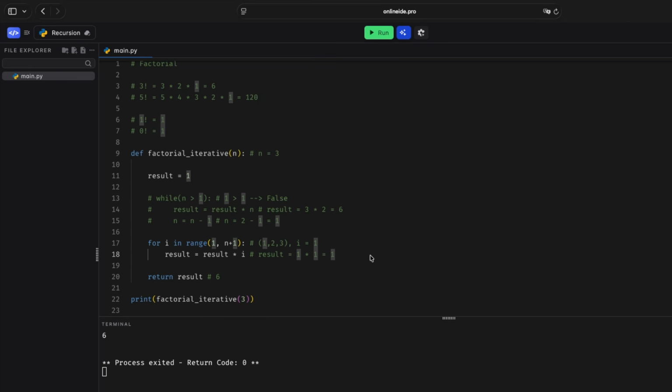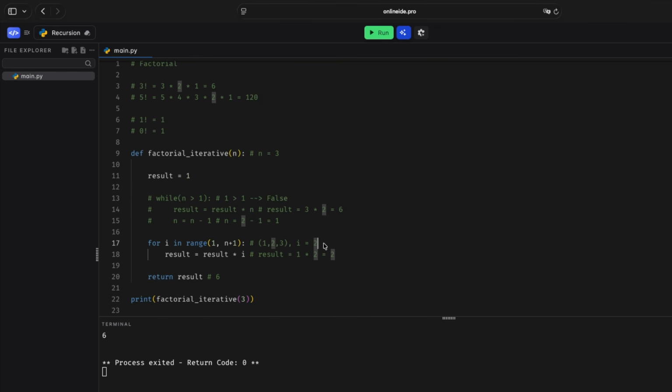And then we move back to the for loop, and since there are still values in the range, we move on to the second value in the range, so i is equal to 2 this time, and then we move on to the body of the for loop. The current result value is 1 multiplied by the current i value, which is 2, so 1 multiplied by 2 is 2, and then we move back to the for loop and we update the i value to